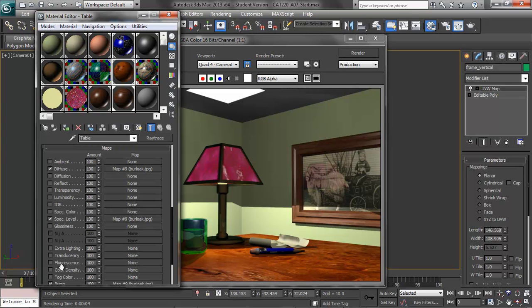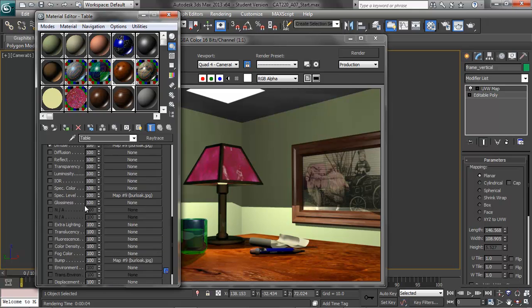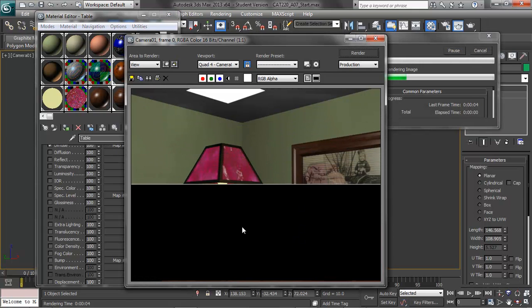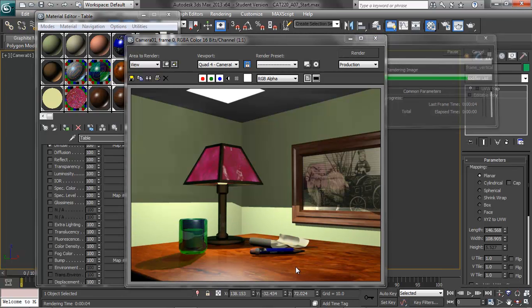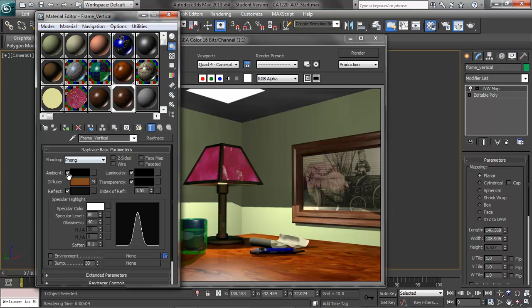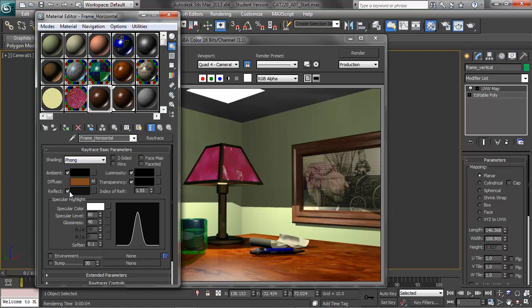So I can go in and turn off the specularity and turn off the bump and just leave it for the diffuse and render it out. And now it's going to look like it's wood that's kind of polished. Likewise, we could go back to the frame that we had just created and disable the reflection. So now it's flat. Do the same thing with this one, disable the reflection. And also we can knock the specularity down. So let's do 5